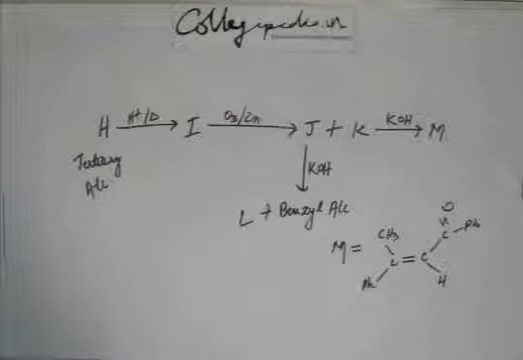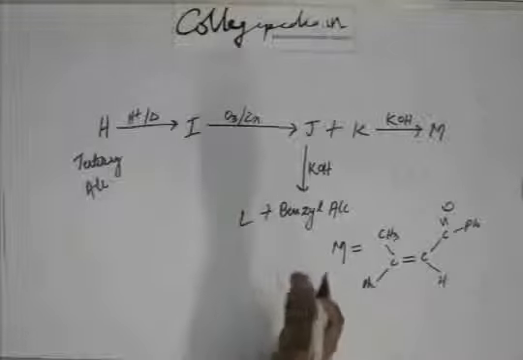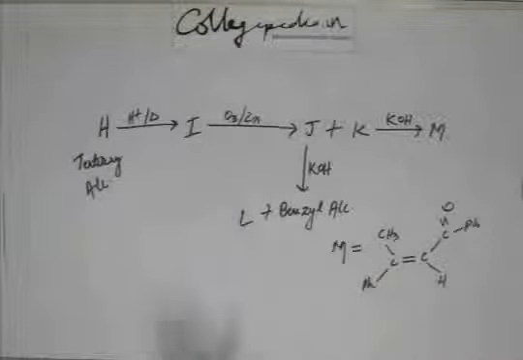Now the questions. Question number 1 coming out of this comprehension is: compound H is formed by the reaction of, and they are giving 4 options. We'll see one by one. First of all, look into the comprehension. We'll convert the problem like this. I'm changing the question: you find H, I, J, K, L and M. Once you identify all of them, whatever the question is, you will be able to answer that